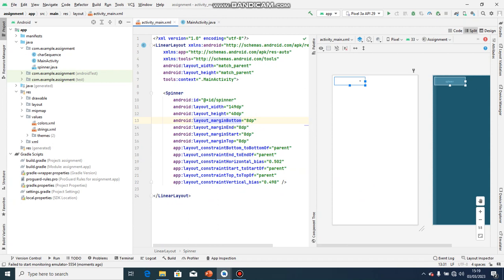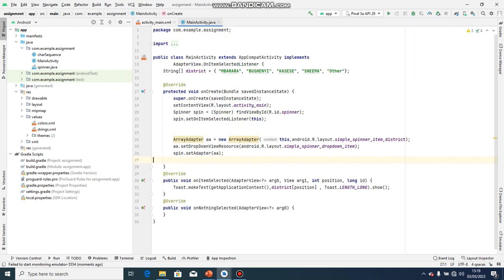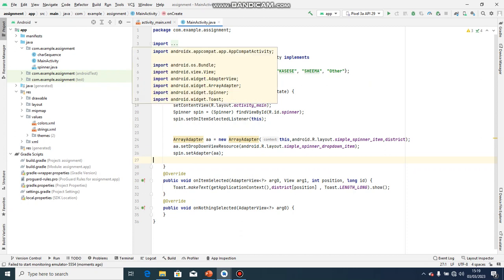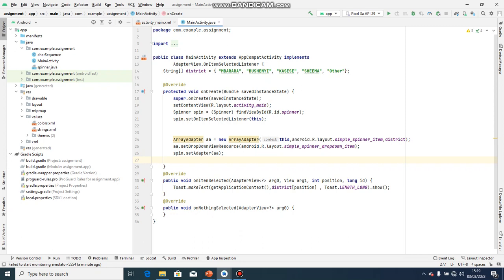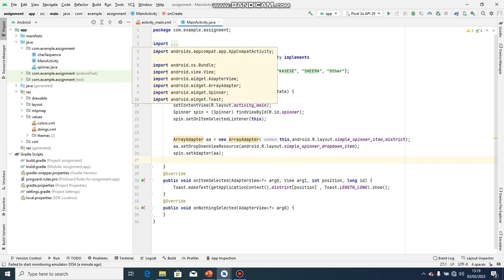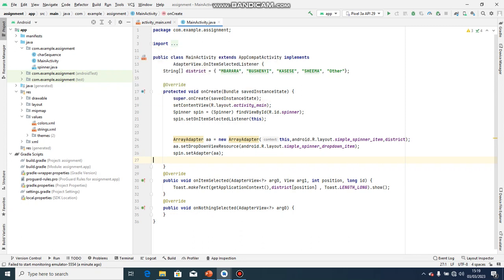This is our last example, a spinner. A spinner is very short and simple because it is like a drop down menu. This is a spinner, content, ID, layout, and whatnot. So here in main activity.java, I imported the following to use the following code. I imported the toast, the adapter view, and view. So I used the string,